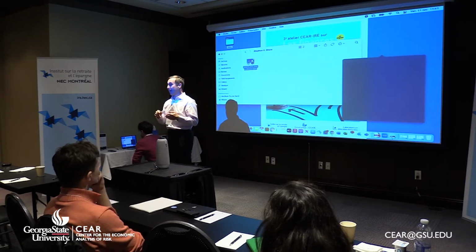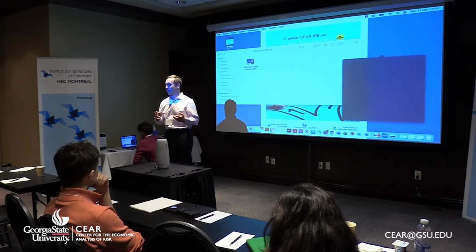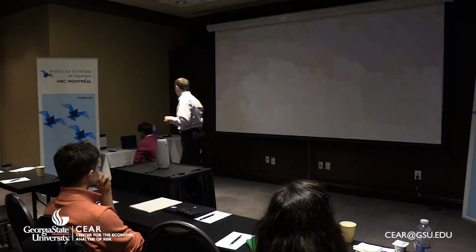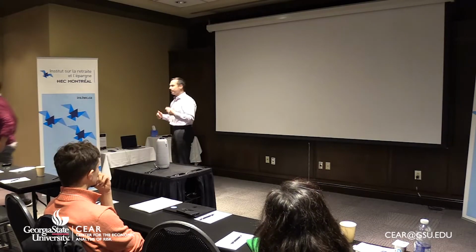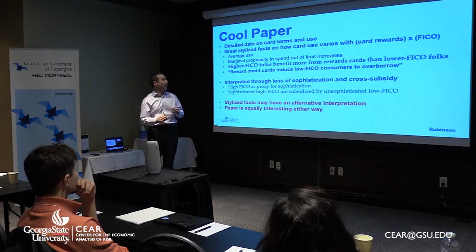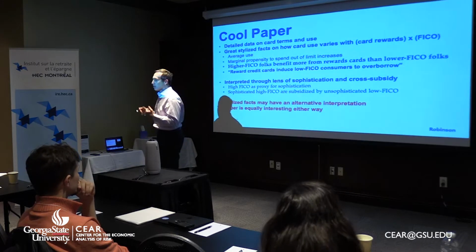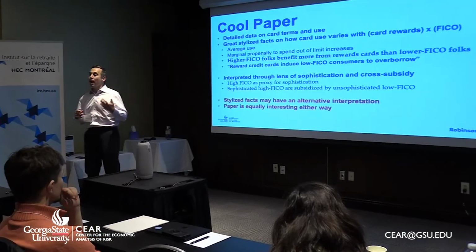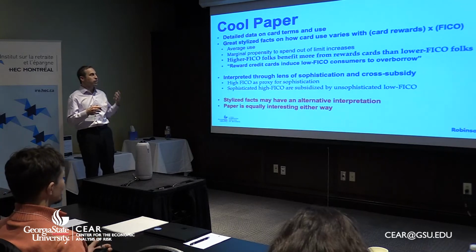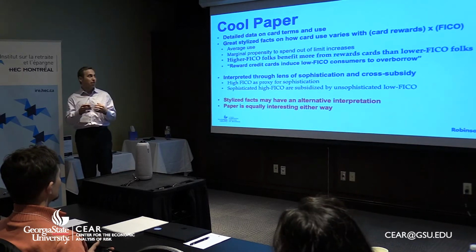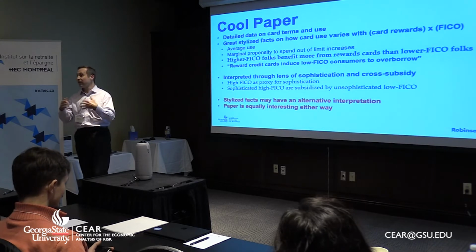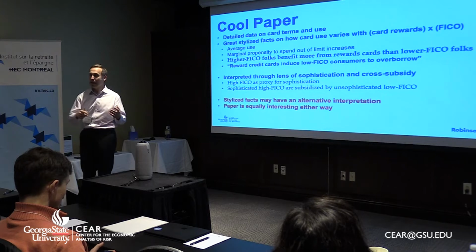I will very briefly recap some of the key findings, but honestly I thought there was a great description of those, and so I won't belabor that. The main focus of what I'm going to do today is talk about framing and implications. So we've got detailed data on cards and how they're used, with an eye towards understanding rewards and how rewards cards get used, and how that use varies with card type, like classic versus rewards cards, and the interaction of that with FICO scores, so the experience of high FICO guys and low FICO guys.